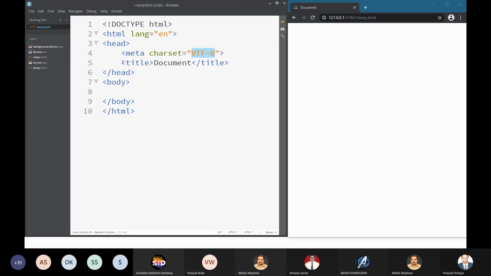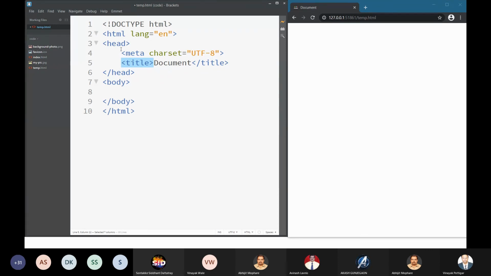And then the second tag that we have in the head tag is title. So the content of the head tag are these two tags. Normally we say head is a parent of meta and title, and meta and title are siblings. म्हणजे ते भाऊ भाऊ आहेत किंवा बहिणी बहिणी आहेत, right? So head is a parent of meta and title.